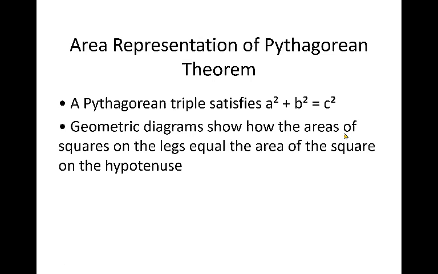Many of you already know the Pythagorean theorem. The Pythagorean theorem is a squared plus b squared is equal to c squared. But it's one thing to memorize a formula, right? And another to see exactly why it works. So today, we're going to use pictures, diagrams, and area models to reveal why the theorem always holds true.